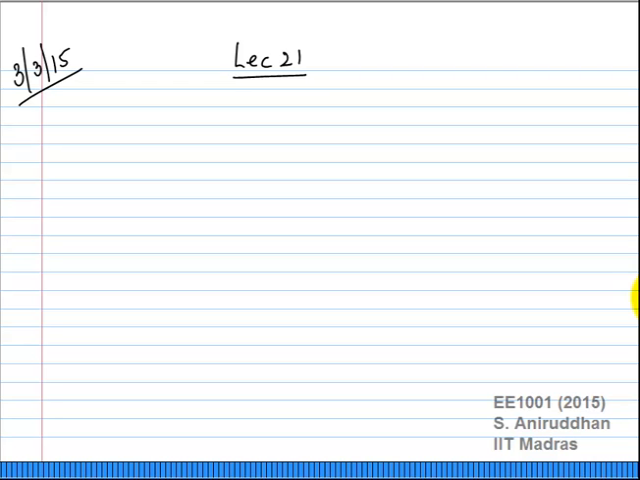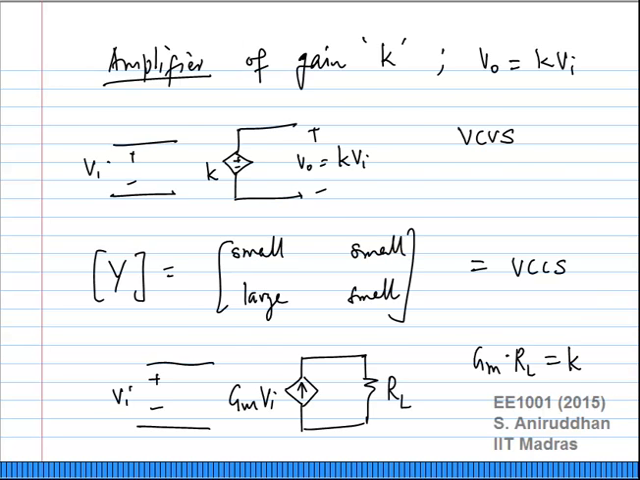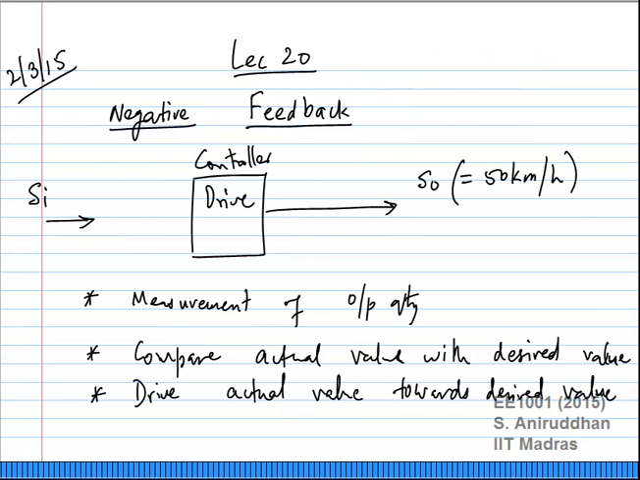In yesterday's class, we started looking at feedback systems, more specifically negative feedback systems. The basic idea in negative feedback is that you have a desired level of some quantity, and you want to drive another quantity towards that desired value. As I pointed out, negative feedback is a fairly universal concept